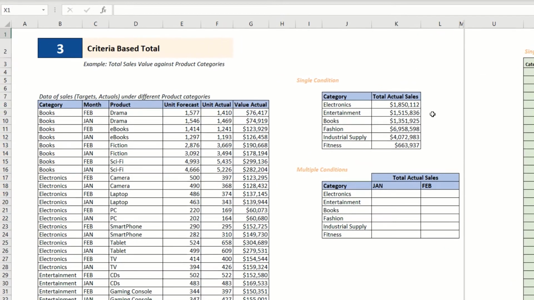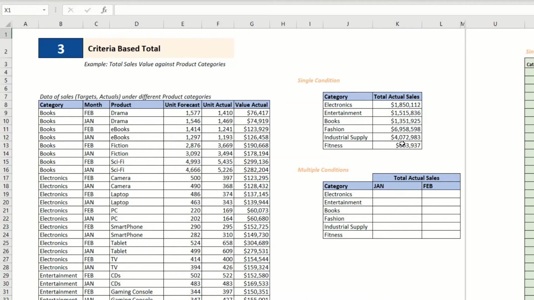I will show you one more variation while we are here at this example. Now I want to split this total actual sales number into 2 different months, and that is where I will apply one more condition. Let me quickly copy this and paste it here. And in this SUMPRODUCT function, we will add one more array or one more condition, and here we will write month, which is a named range, is equal to the value Jan, and I will also freeze the row reference of this cell. Similarly, for the previous condition, I will freeze the column reference, and that is it.